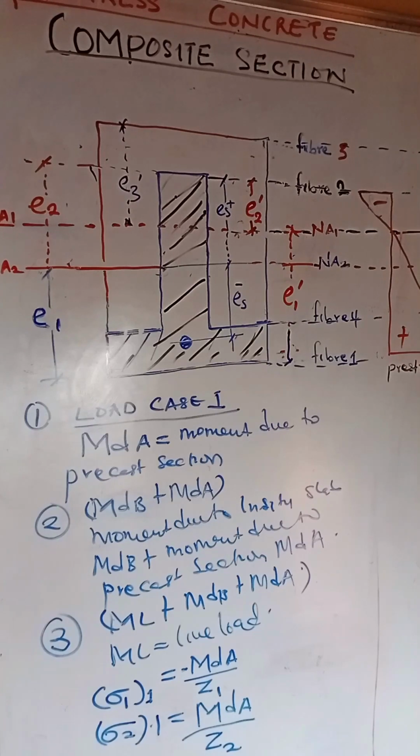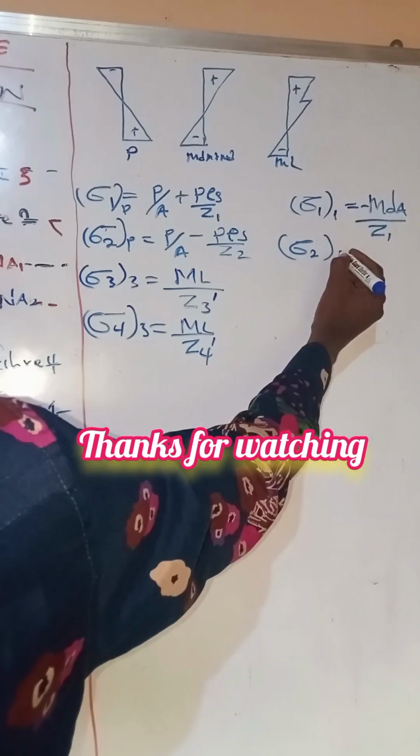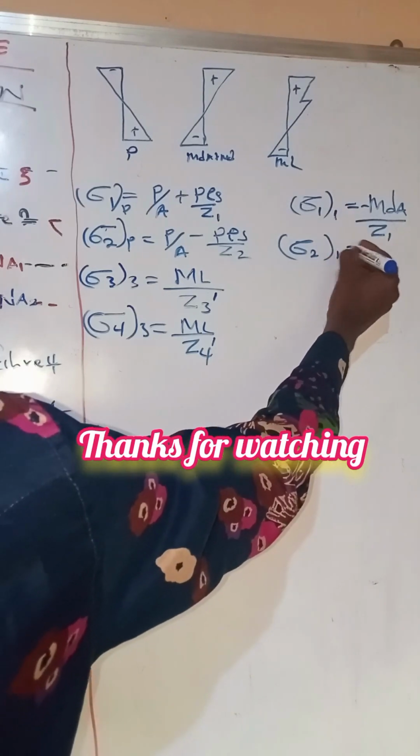Remember, by inequality, MDB plus MDA will be greater than our applied moment ML. So expressing it in a graphical inequality, we are going to do like we did in our non-composite section. Under load 1, we will still have it